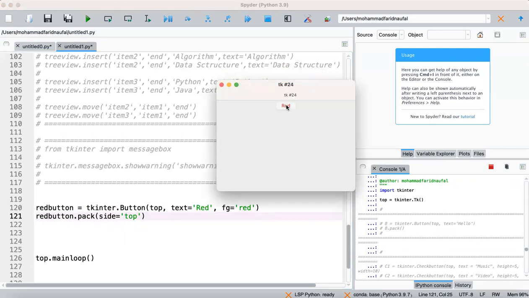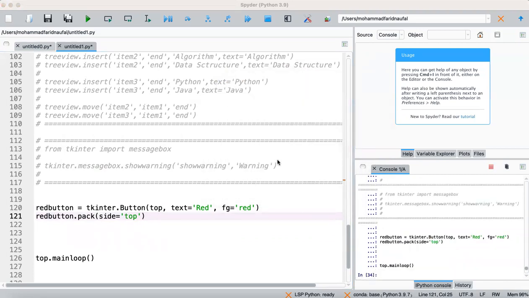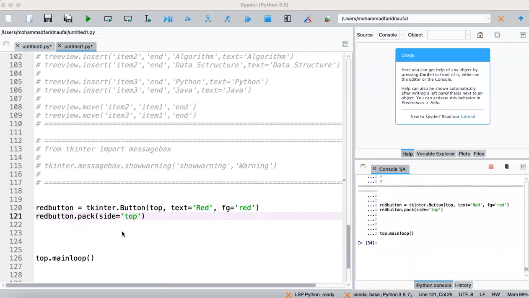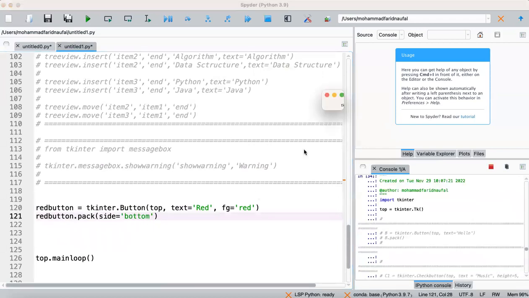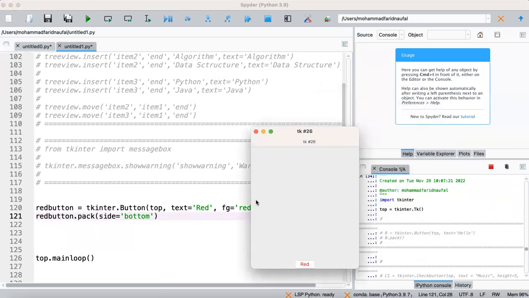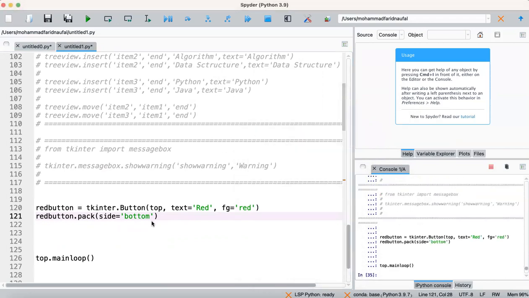If we change it into bottom, then it will be placed at the bottom of our GUI form. So the places are left, bottom, right, and top. There are four options for placing this button into our GUI form.